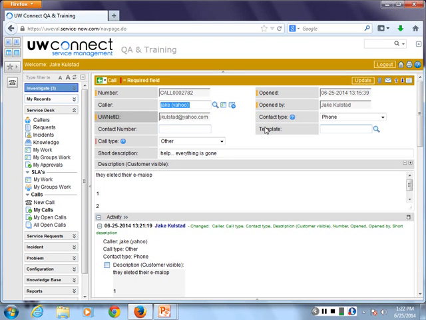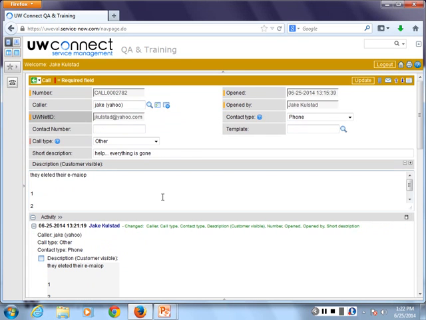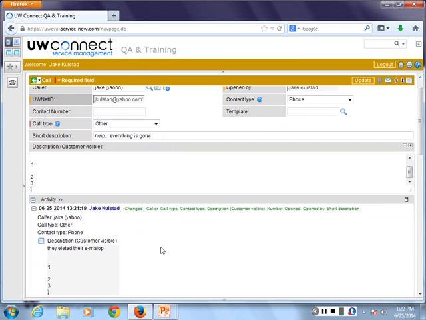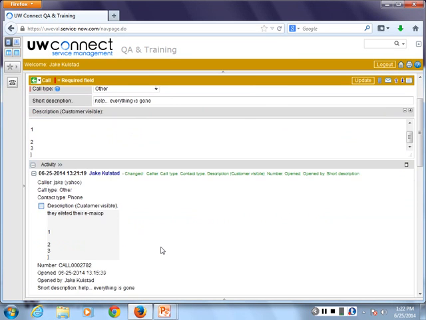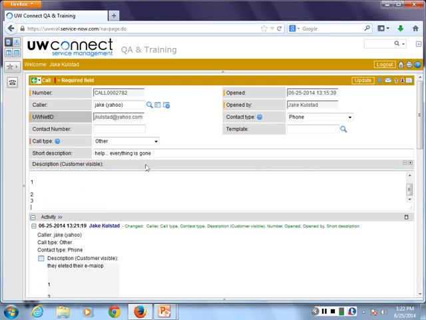OK, here we are, back on the call record. You'll notice that all the data we had put into the system got logged here, and no emails were sent out. What we're going to decide now is that we would really actually prefer to email the customer back. We realize that this is an official request. We want to email them a status, and we want to resolve this once it is ready to be resolved.